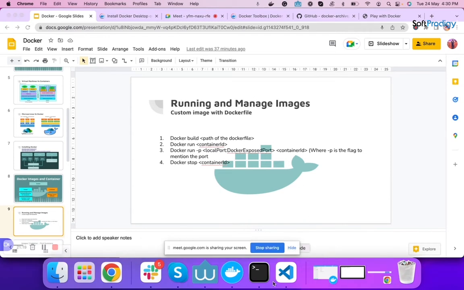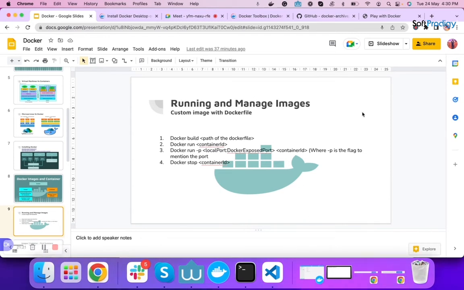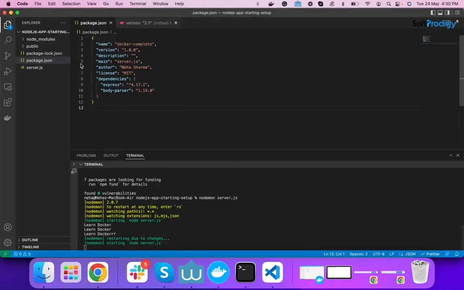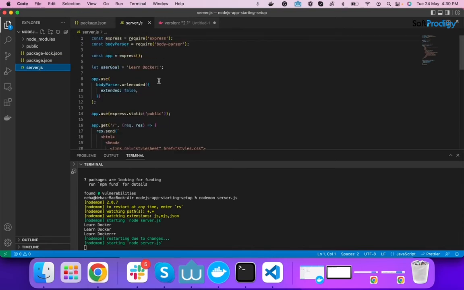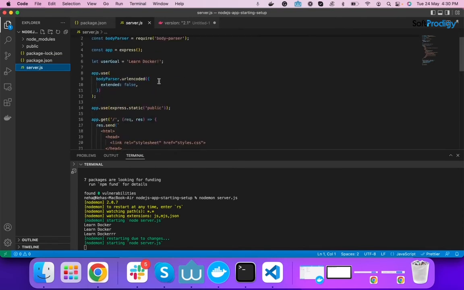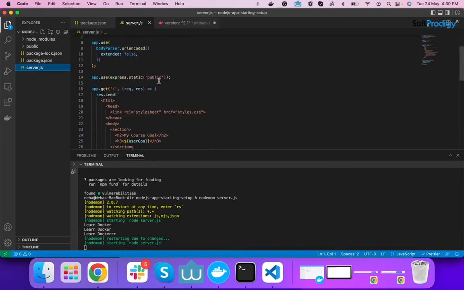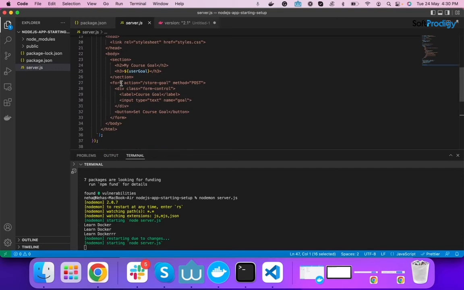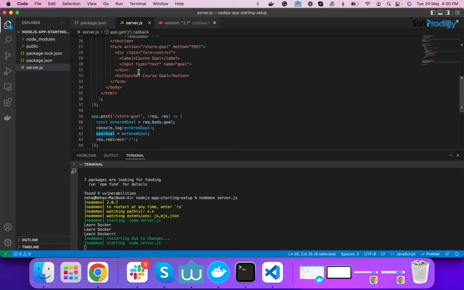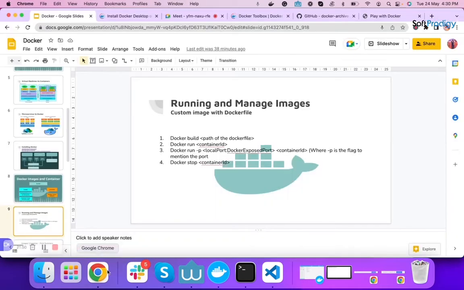I have created a sample Node project here, in which I have installed two dependencies, Express and body-parser, and I have configured it to listen on port number 80.